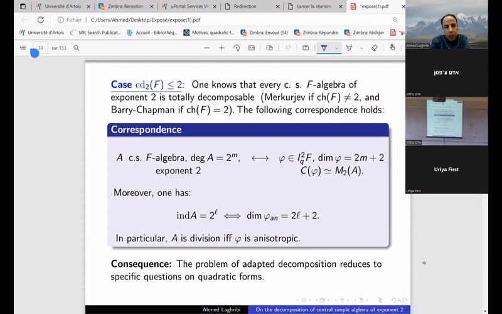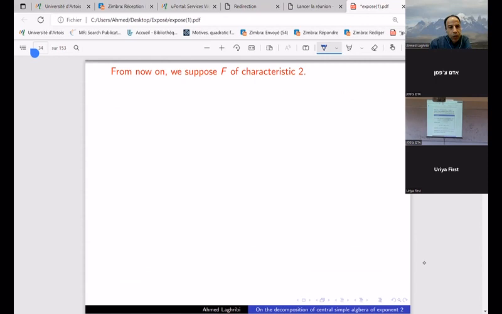So from now on, I will suppose that F is of characteristic 2, until the end. So the specific questions on quadratic forms that we will need first,